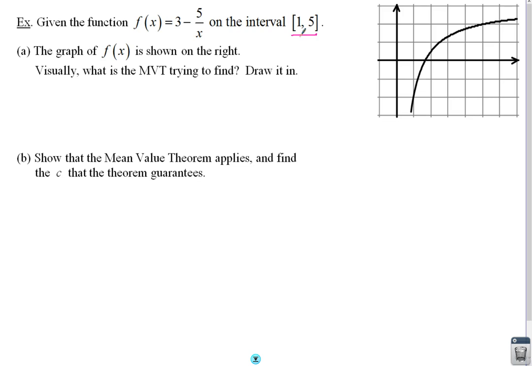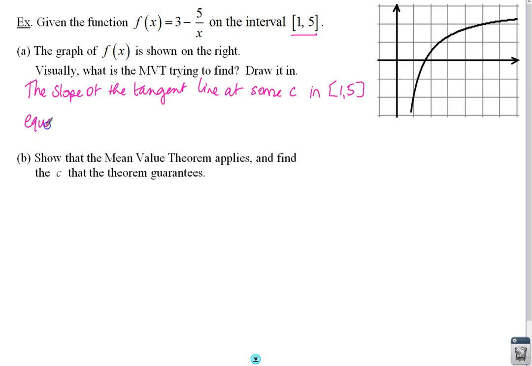So visually, the slope of the tangent line at some c in (1, 5) is equal to the slope of the secant line